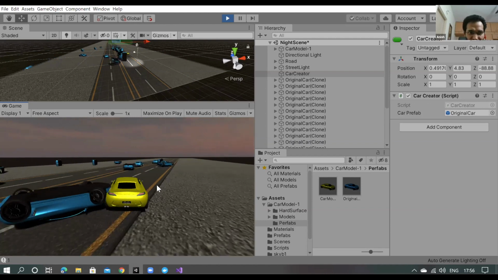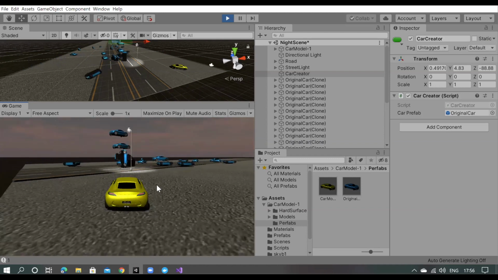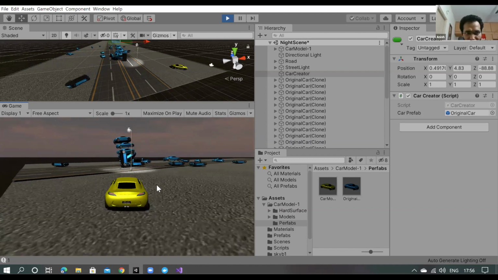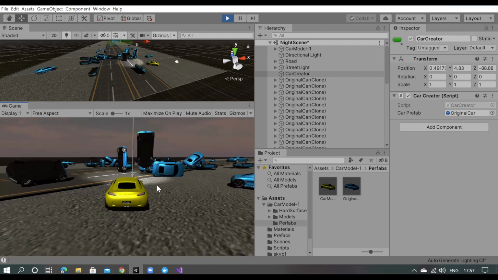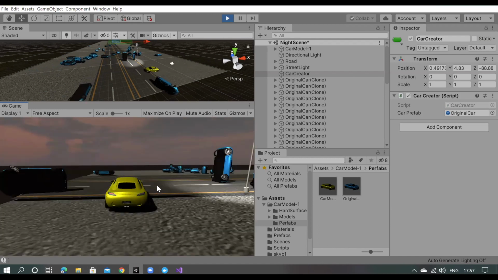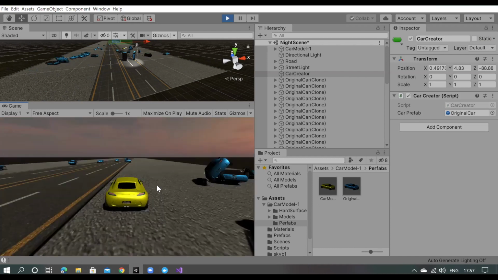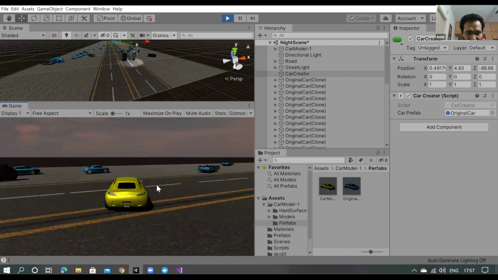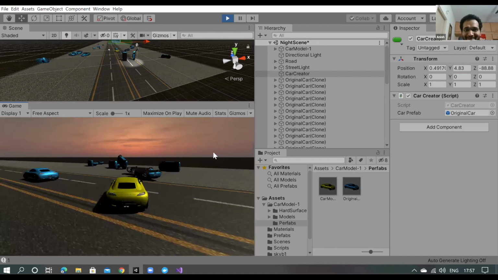More cars are falling behind. Maybe we should make the speed a bit more, sir. Okay, but this junkyard you can see, if I'm pressing C button, I can easily create a junkyard. So if we make the speed a bit more, before the next car falls, the first car will move ahead. Yeah, these things you can play along. So we have lots of cars in the scene. Looks good. Looks very fancy to me.